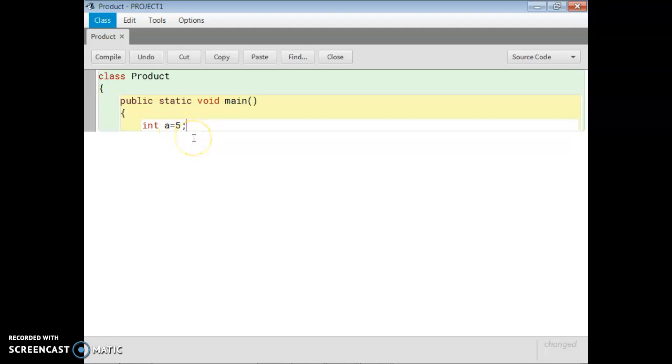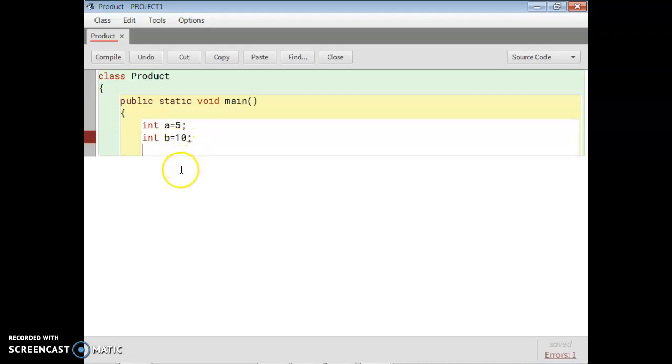Then come to the next line. We need another variable. In the same way, you write down another variable. Suppose it is also integer and the name of the variable is b, and suppose I store here 10. So we have two variables a and b. In a I stored 5, in b I stored 10.